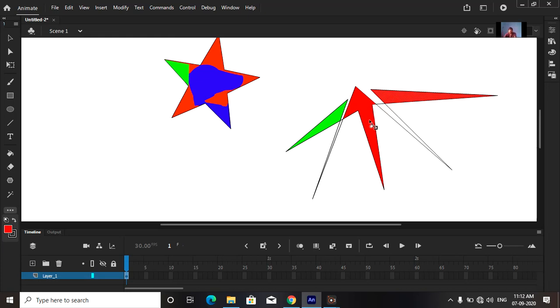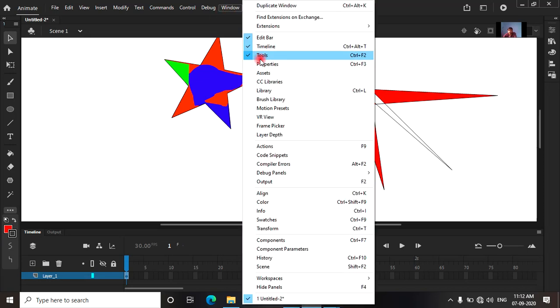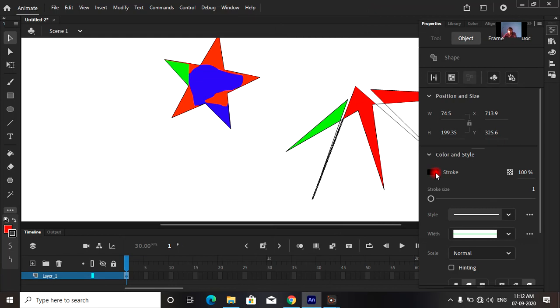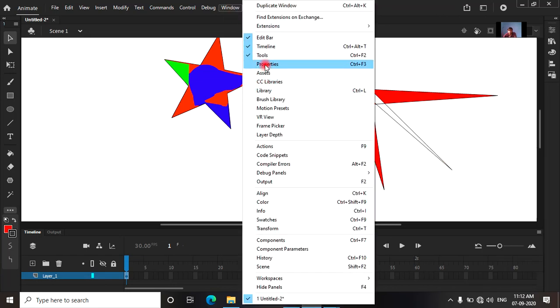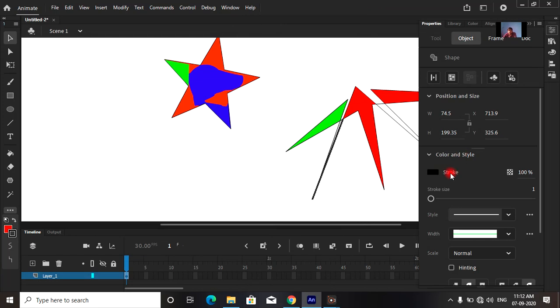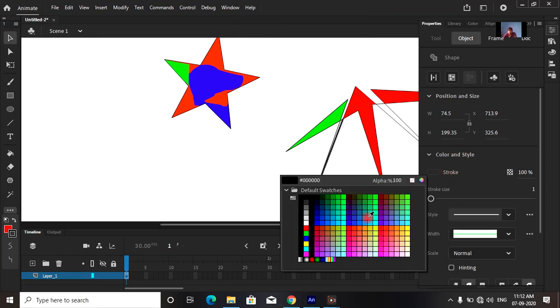First of all we have to select the object where we want to put it, and this is used to put the colors over here. Now see the properties tool, and then the stroke color. For the stroke color we are going to put yellow, and the yellow color may be seen over here.